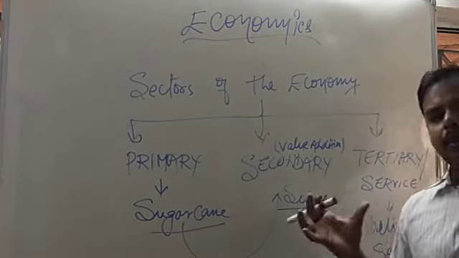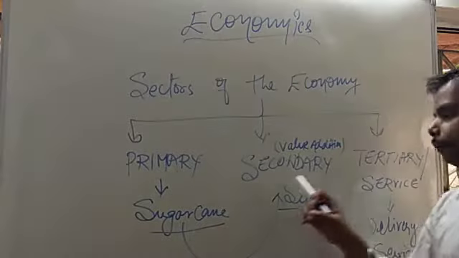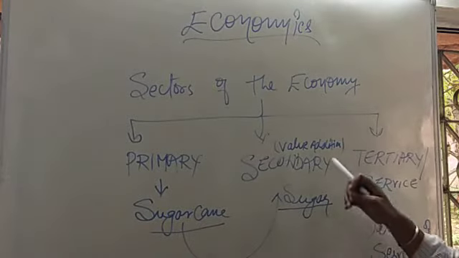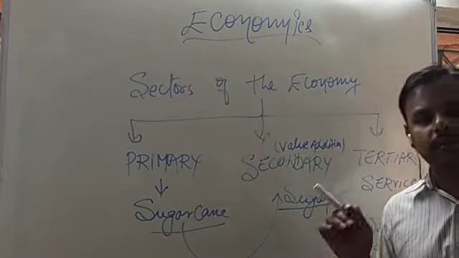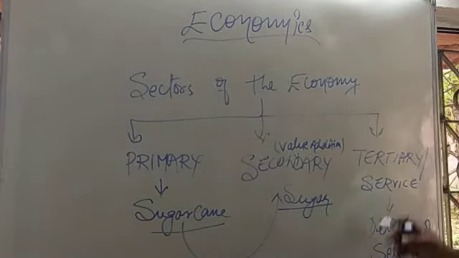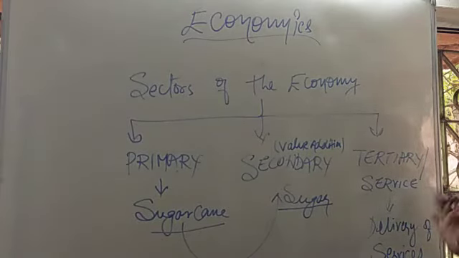Now a comparison of price shows that sugarcane is less costly compared to sugar. That means value addition has been done by the secondary sector. That is why this sector is concerned with the value addition of a product only. And the tertiary sector is concerned with the supplying of goods or delivery of services, basically to the end user or final user who is really going to be the consumer, who is really going to pay for it.